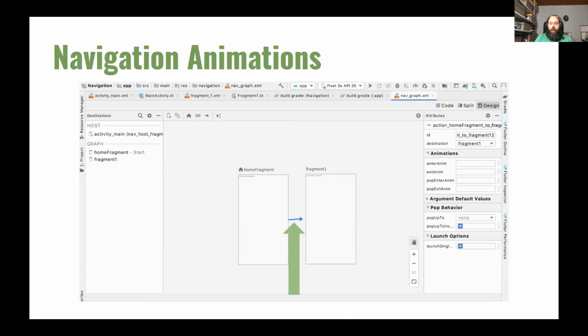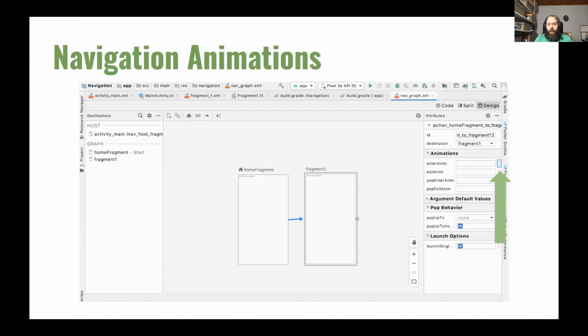But if I want to add an animation, how can I do it? Simply click on the arrow, then click on the enter animation. You will see on the right we have the animation panel. In the animation panel, we have the enter animation, the exit animation, the pop enter and pop exit.